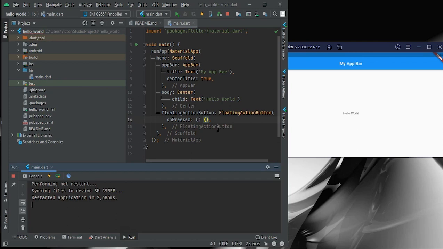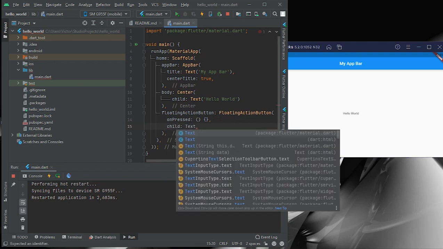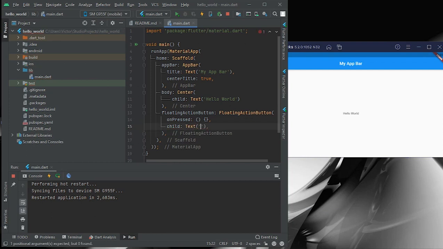We won't be doing anything when we press the button, because as we continue in the classes, we'll learn how to add a function to the button. But so that Flutter will stop shouting at me, I just have to add this. And then it will also have a child property, and inside there we have a text, let's say click.